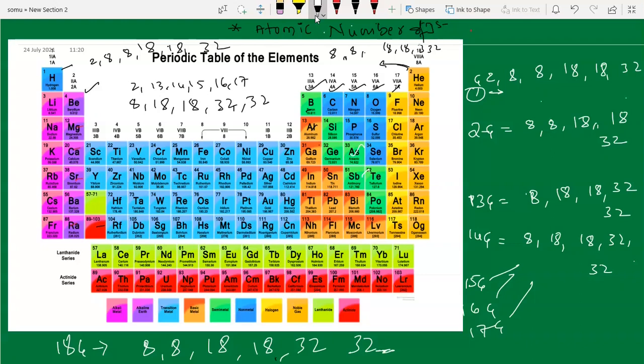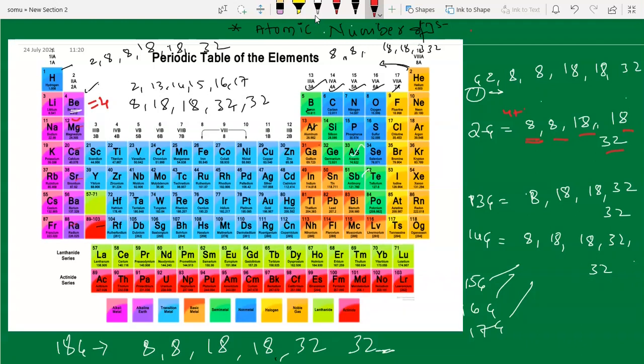So you see here, if you want to find out the atomic number of a second group element, you should know beryllium. If you know beryllium, what is the code I told you here? That is 8, 8, 18, 18, 32. Yes, you know this is 4. So to find out magnesium, 4 plus 8 gives you 12, right? Yes, we have got 12.